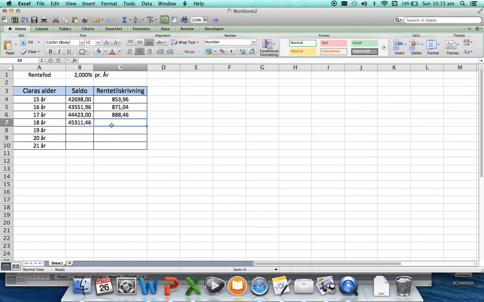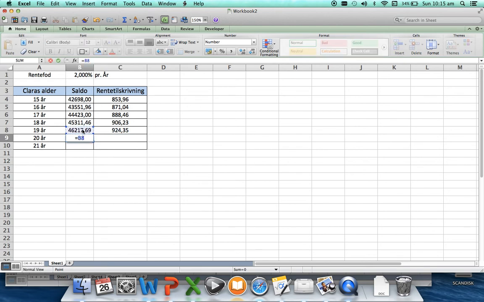Then at the end of the 18th year, she gets 2% of or times that. When she's 19, she's got what she had before there plus the interest there. At the end of the 19th year, she gets 2% of or times that. So when she's 20, she gets